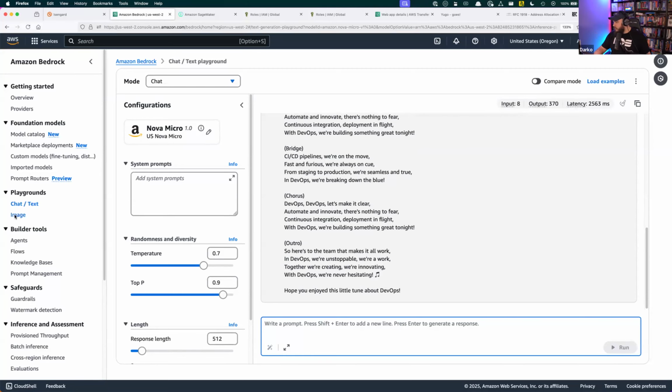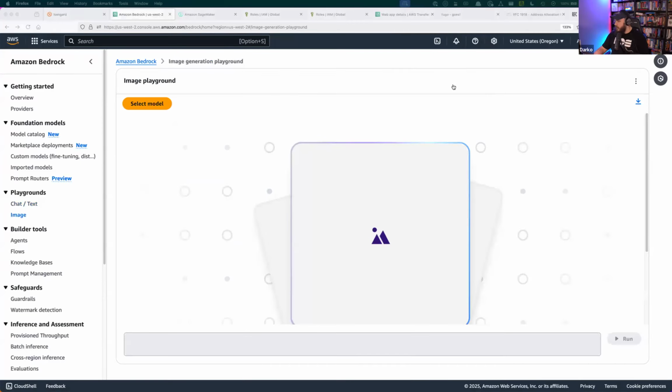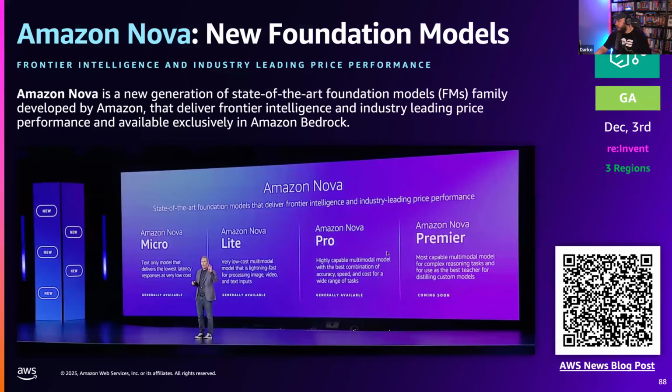There's of course the image playground. You can select Nova models here. I don't think I've even enabled it, or is it not even available yet? Yeah, it's available, but I haven't enabled it yet. So there's also the Canvas models where you can do image generation, which are really, really cool as well. So new models definitely worth checking out. Let us know your feedback on them. We're always looking to improve these things, but definitely Nova models are out there right now when it comes to capabilities with the other ones there.